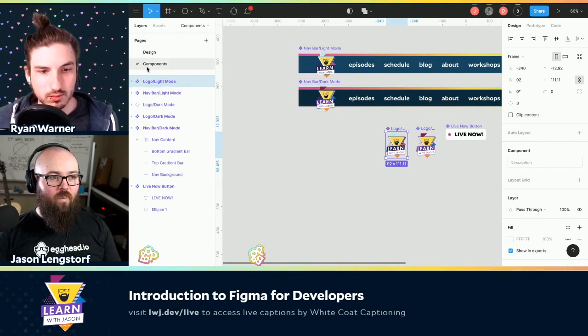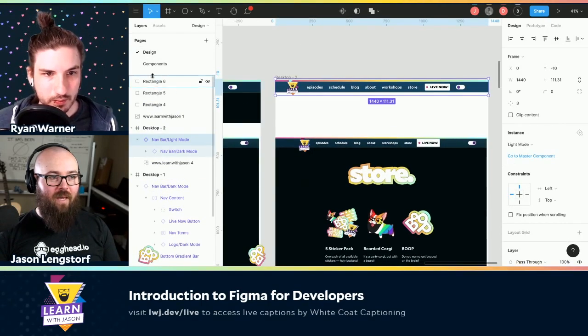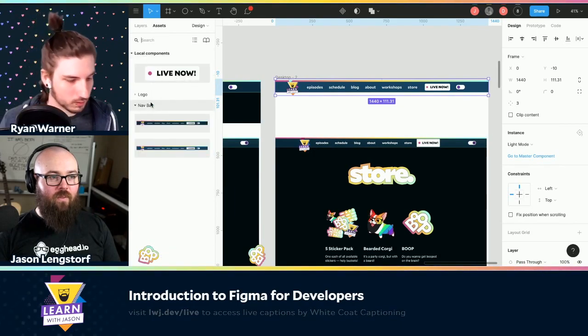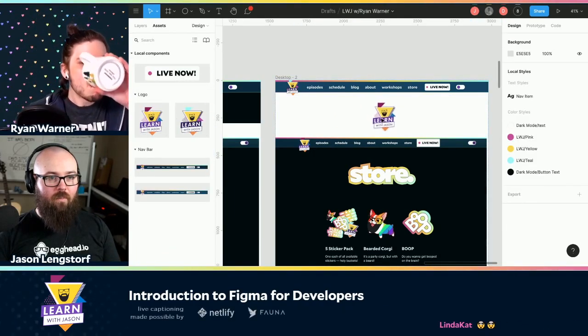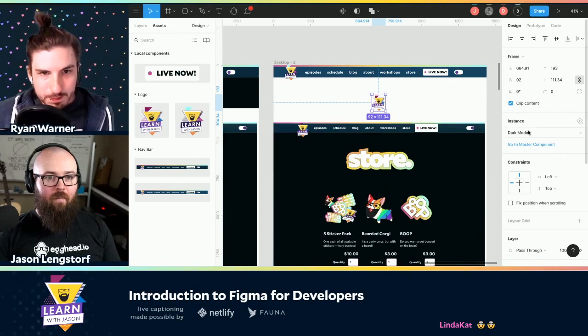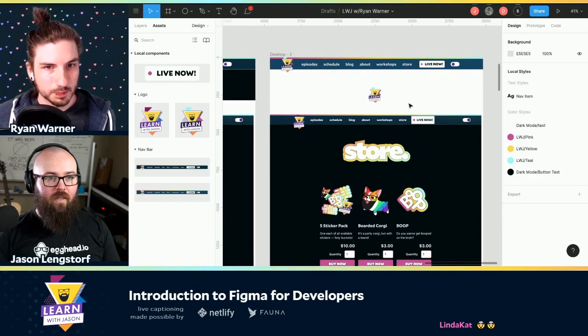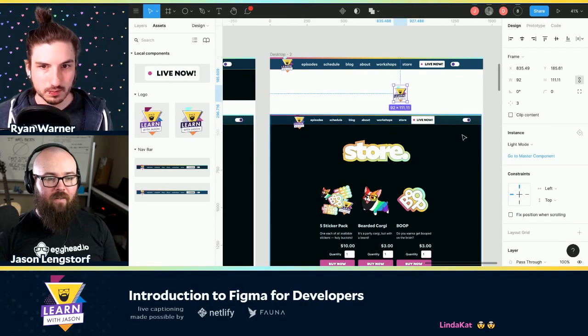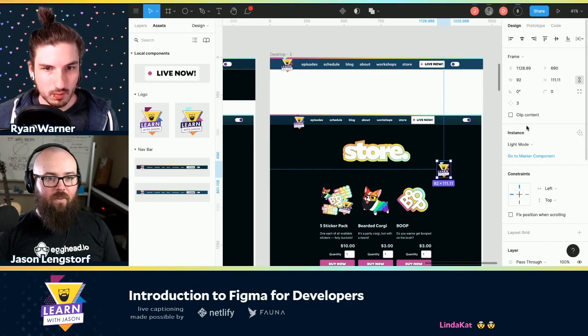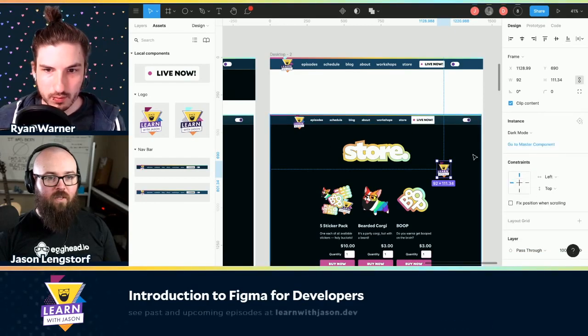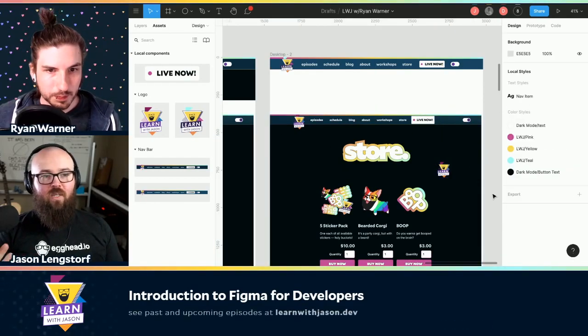And so it just lets us do stuff like, okay, I want to show a new logo. So I'm going to go in here and pull in the dark mode logo. And okay, I'm happy with that, but let's switch it to light mode because that's the mode we're in. So I can just drag that around, and then it's just incredible. Oh, now we're back into dark mode. Switch it over to dark mode, and it's so powerful what that enables us to do.